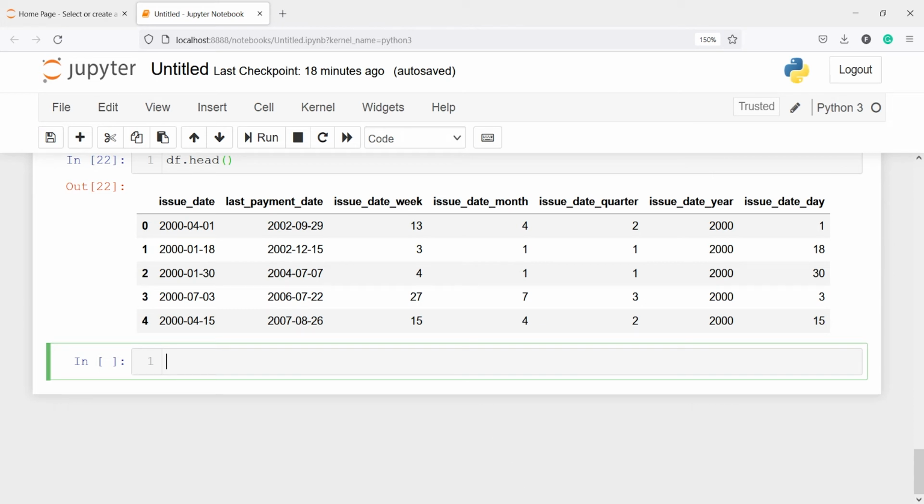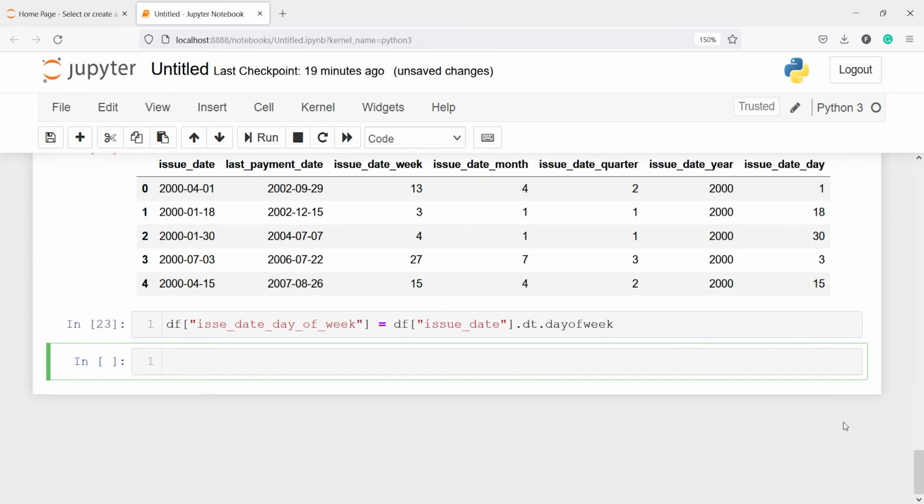I'll create one new variable df of issue_date_day_of_week, and we want to get it from this column df of issue_date, and to get it we will use the method dt.day_of_week. Let's execute our code, and we have got this day of week and saved in this variable issue date day of week. Let's look at the output. I will write df.head,